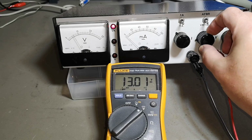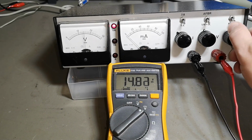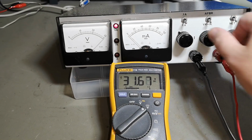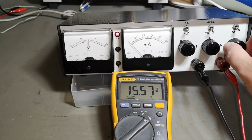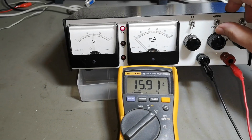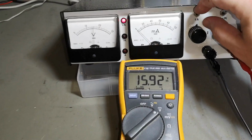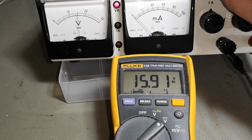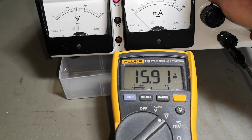Okay, so here's volts. What is this? Okay, so this is the fine tuning. Okay, so far let's crank it all up. Okay, 31. So that will be volts, okay. And this is probably the current setting. But what exactly is this doing? Ooh. So there's a discharge resistor. And there's a loose connection in the...